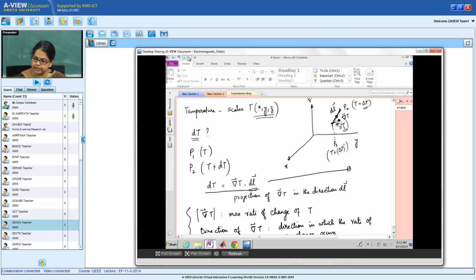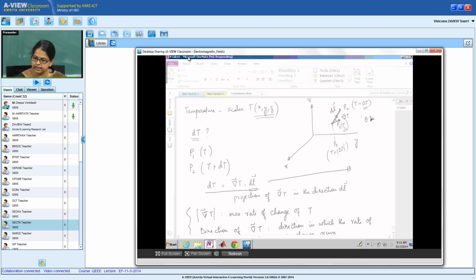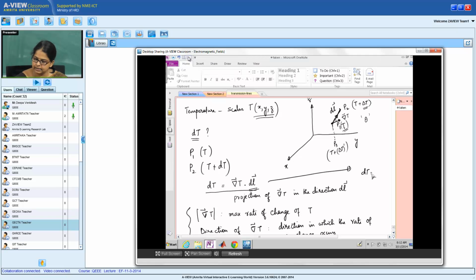And if theta is the angle between del T and dl, I would have dT as magnitude of del T, magnitude of dl cos theta, which means dT equals the magnitude of del T times, of course, magnitude of dl, which I can say per unit length or per unit magnitude, if theta